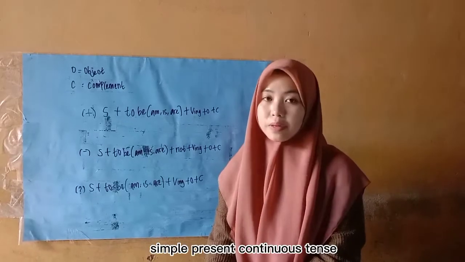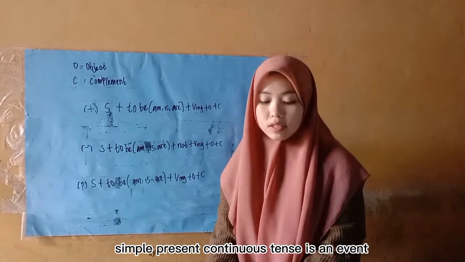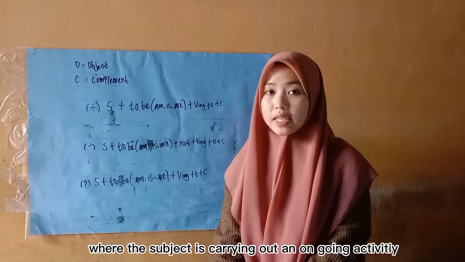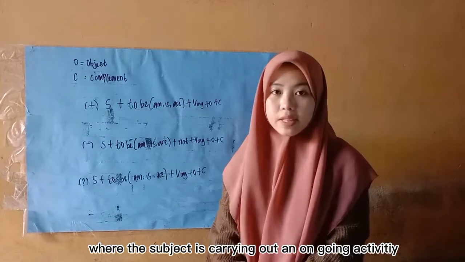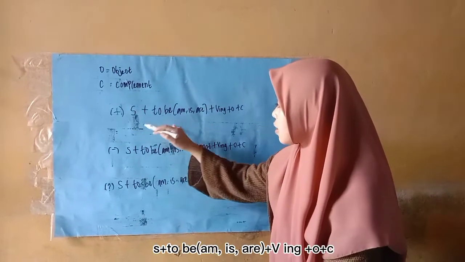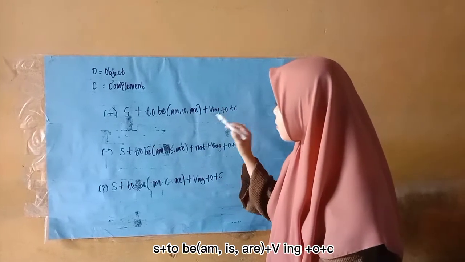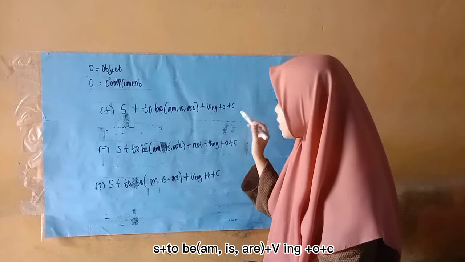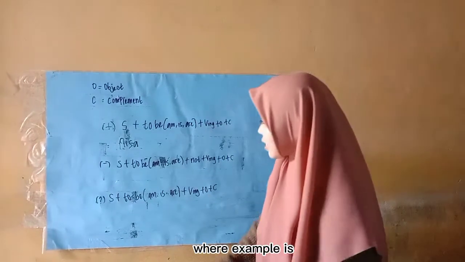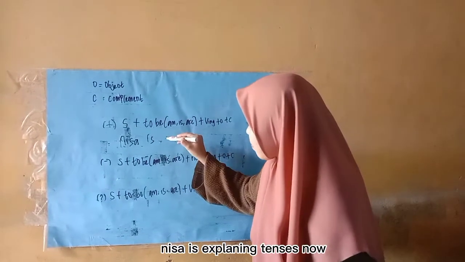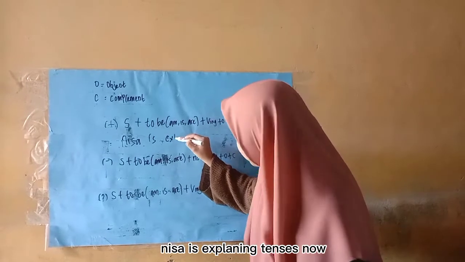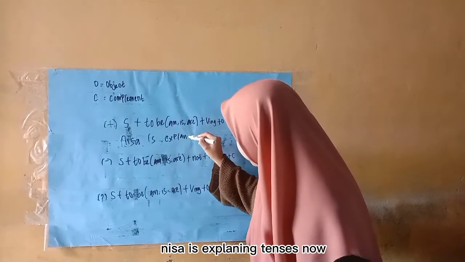The second is simple present continuous tense. Simple present continuous tense is an event where the subject is carrying out an ongoing activity. Formula is subject plus to be, am, is, are, plus verb plus ing plus object plus complement. Where example is Nisa is explaining